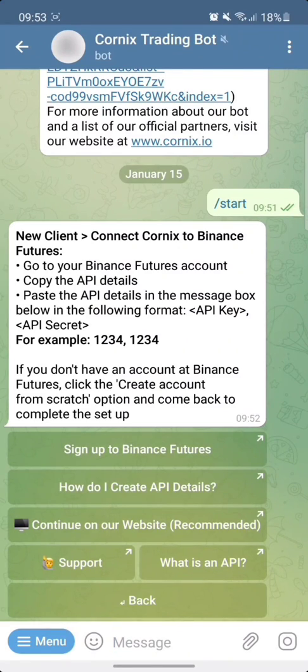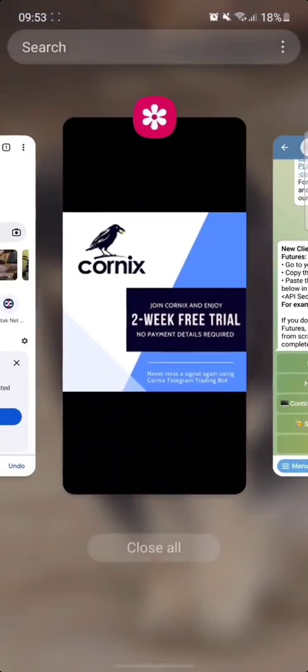Now what is an API? If you are from a programming background, then you must be very familiar with this word. And for other people, API stands for Application Programming Interface. API can be defined as an interface to interact between two entities. Like you and we are communicating through the Colors channel, and we are following some protocols, like our signals are provided in a particular format. So in the same way, this API follows a particular format, and it is a way to interact with our Binance Futures account, which Cornix will be using.